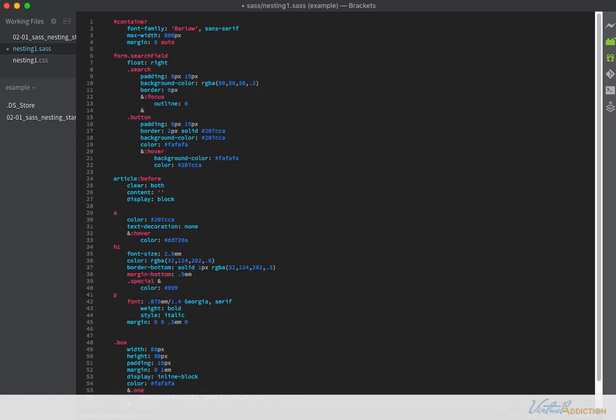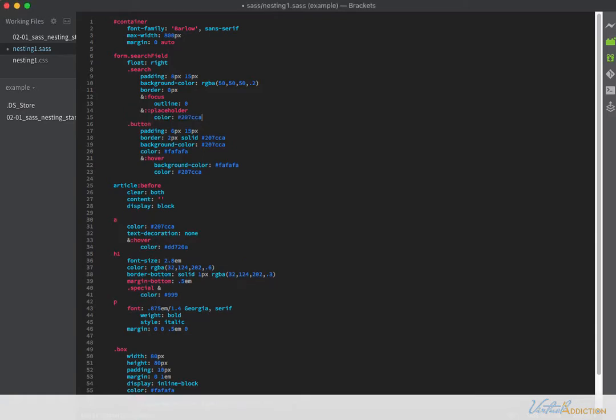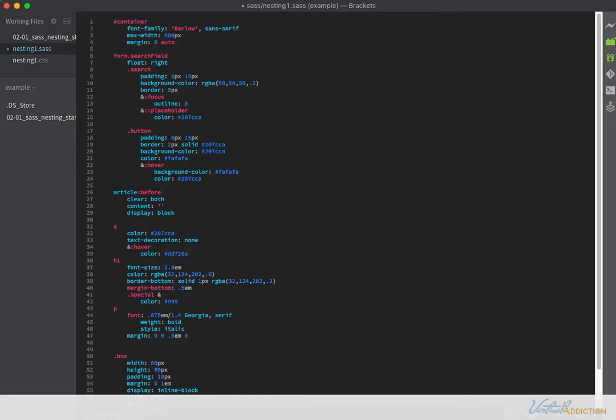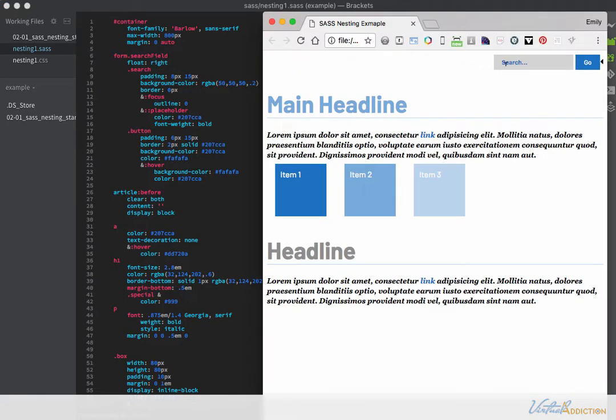This time I'm going to use ampersand and we'll use ::placeholder. I'm using the double colons here. In CSS3, all pseudo elements have to use the double colon syntax, and all pseudo classes are going to use the single colon. So placeholder is one of those pseudo elements. So we'll make our placeholder text display with blue, and let's change the font weight to be bold. If we save now and check our page in the browser, you can see that now the text becomes blue